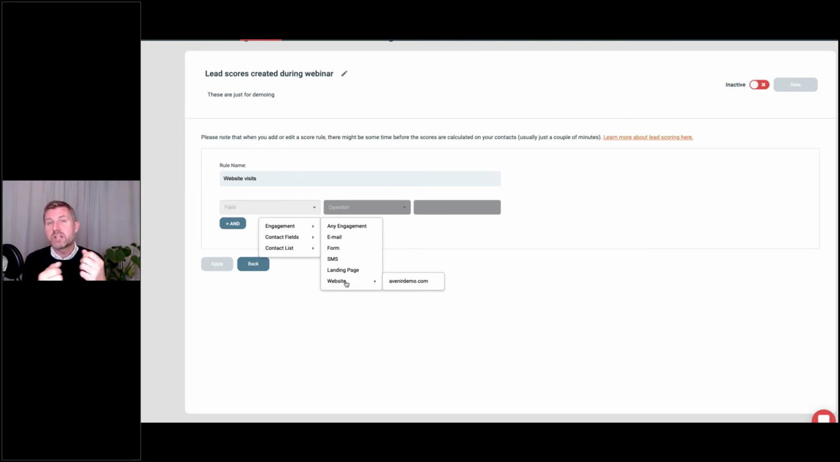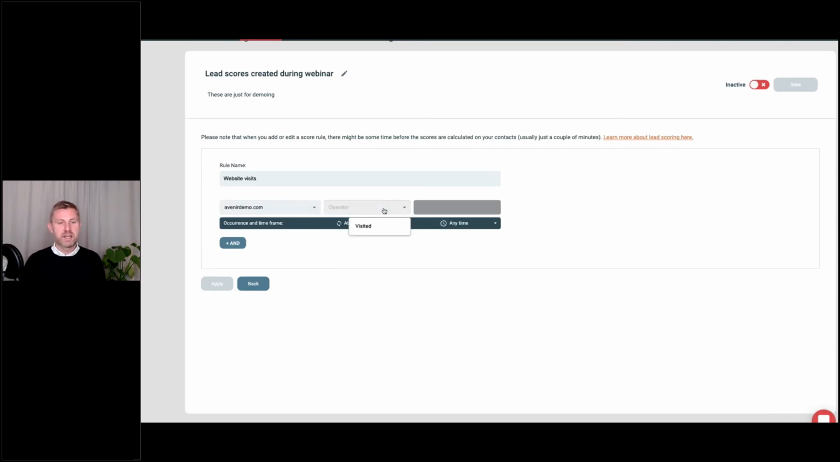This can be pretty interesting information in your lead scoring initiatives. Again, remember, a visit to your website could give 5 points just for the fact that they're visiting, or could give 50 points if they're visiting your pricing page. So I'm going to choose my website, my demo website here, and say just the fact that they visited. I can choose any page, right? So I just want to give them 5 points if they made it to my website,